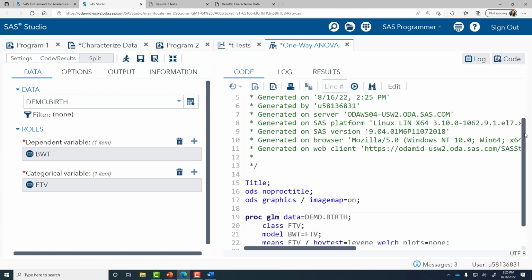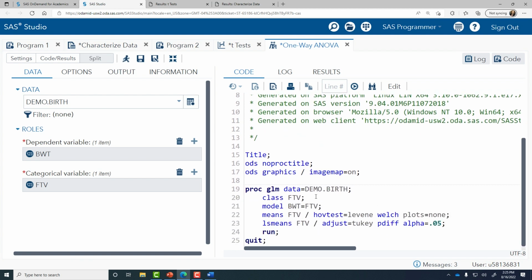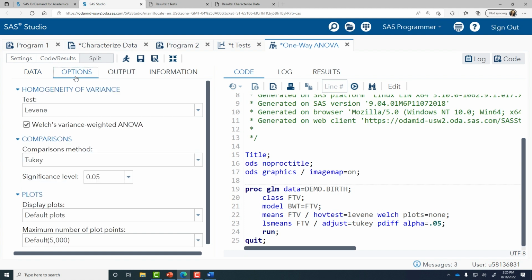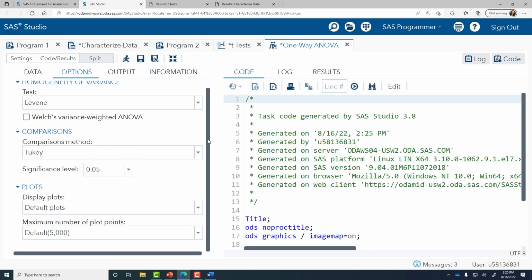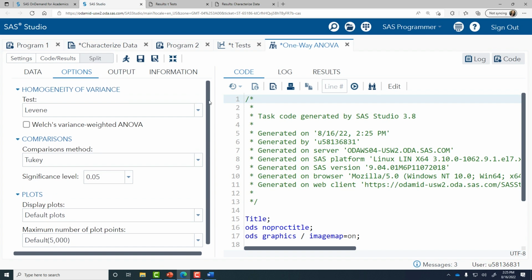You'll notice that code has been generated on the right. I want to look at my Options tab to see if there are any options I want to change. I'm going to uncheck Welch's variance weighted ANOVA. Everything else looks pretty good, so I will run this code using the Running Man.